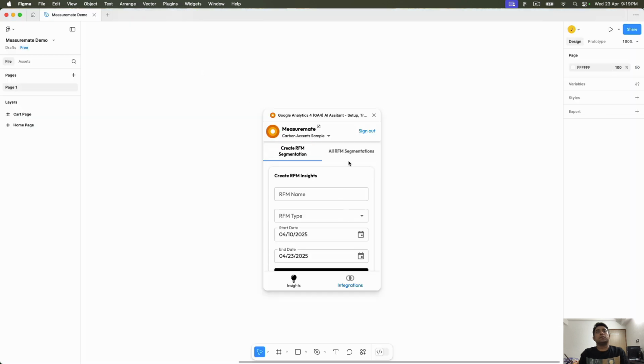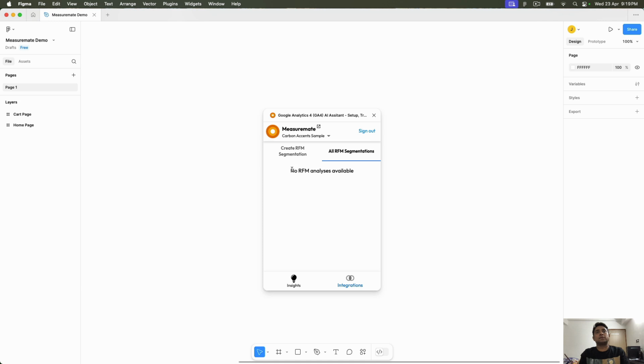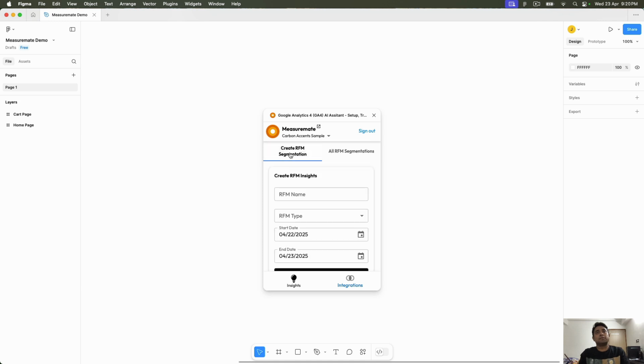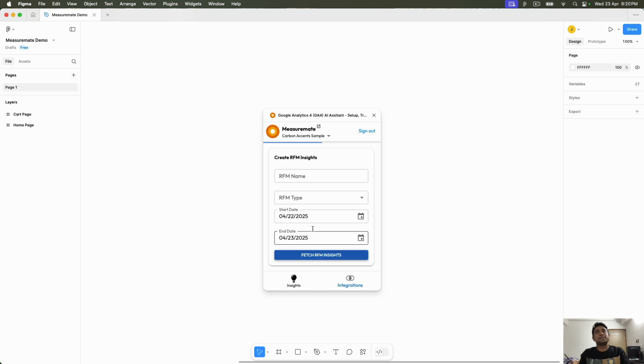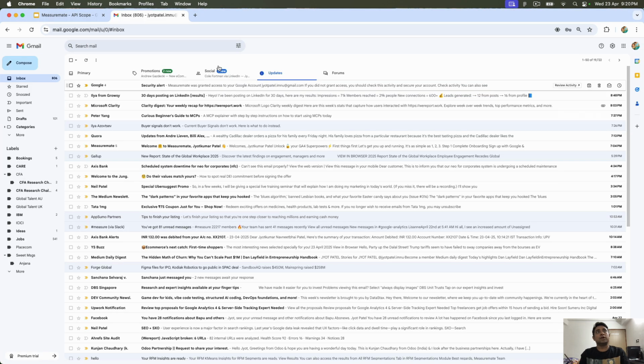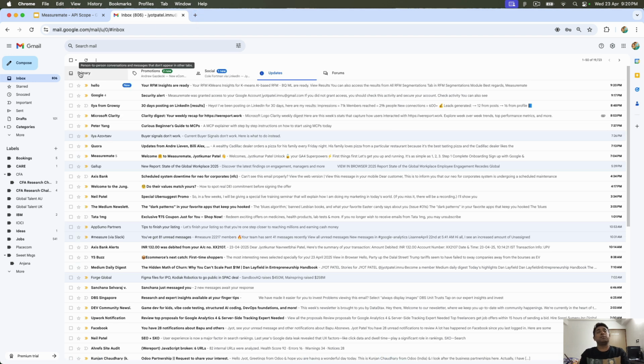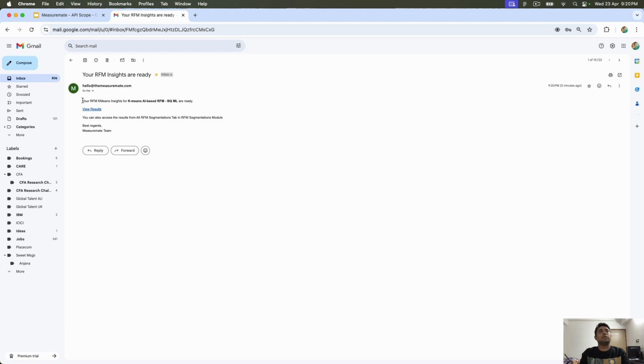Right now you can see that there is no RFM analysis available yet, because the model is running in the background. The model is being created in BigQuery with the proper access that we have provided, and as soon as the model is complete, we should be receiving an email right here in your inbox, like your RFM